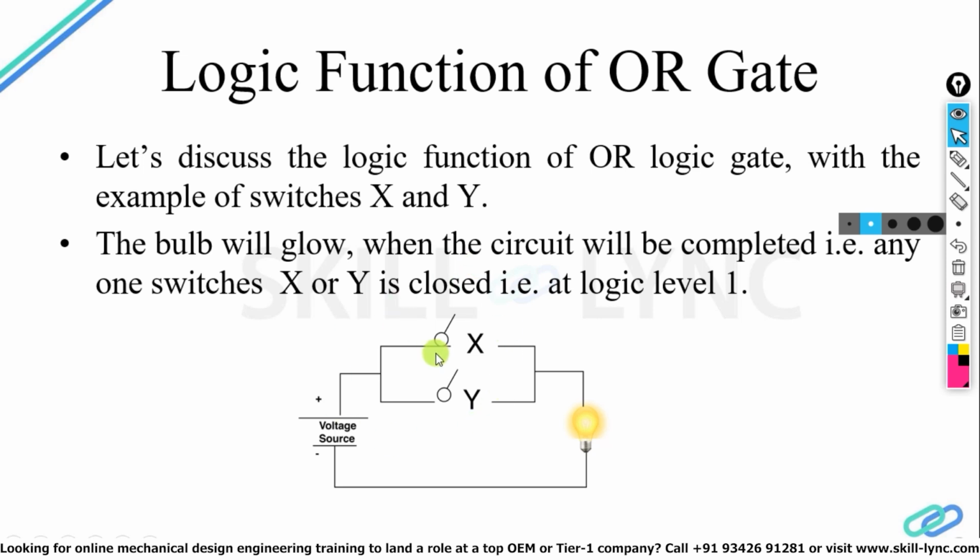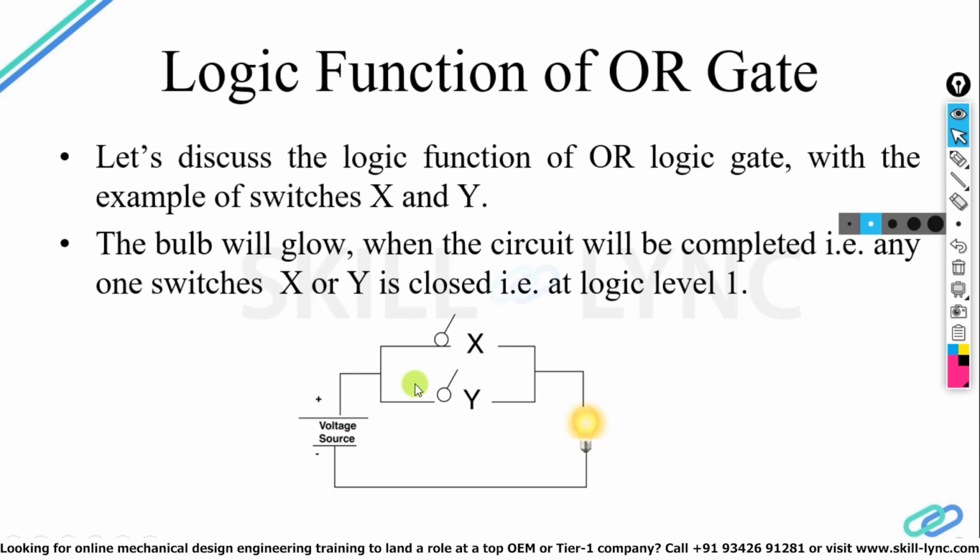Here you are seeing that because OR operation has been performed, so either X or Y. These 2 switches are in parallel mode. So either X is closed or Y is closed, your bulb will glow. Now it's not necessary that both should be at level high. If both are level high, then also it's okay. But if X is at level high,